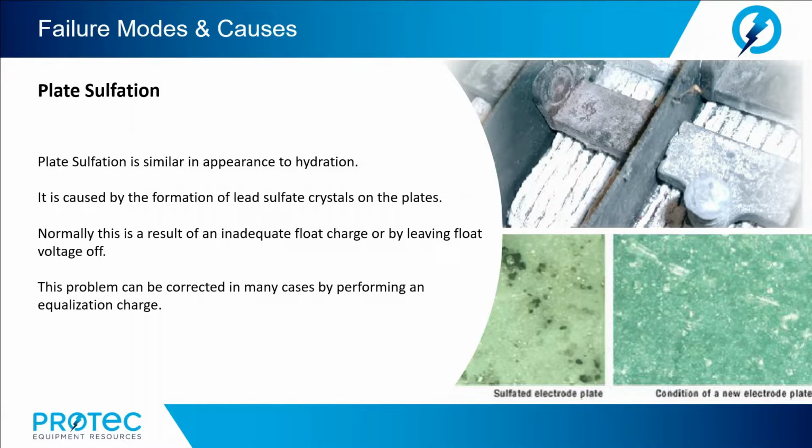Now, since lead sulfate occupies more space than sponge lead, the negative plate expands in volume. If the cell is allowed to over-discharge, the lead sulfate may expand to the point where it separates from the sponge lead and falls to the bottom of the jar as sediment,